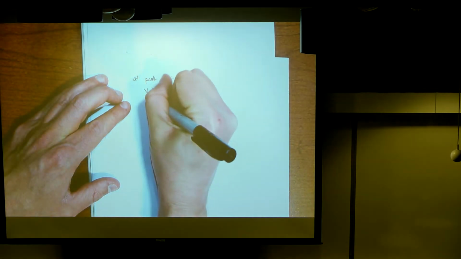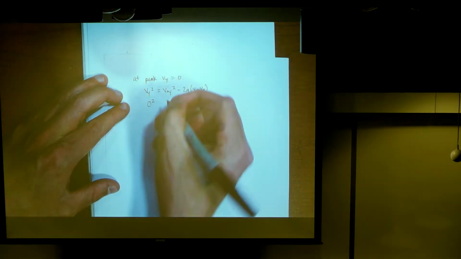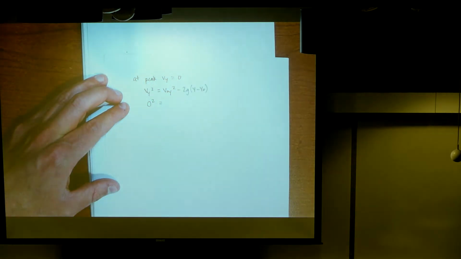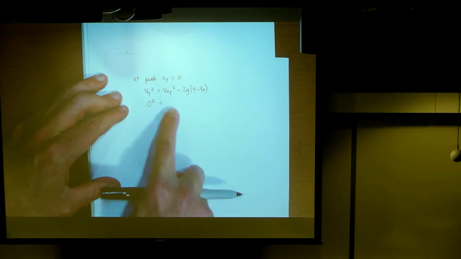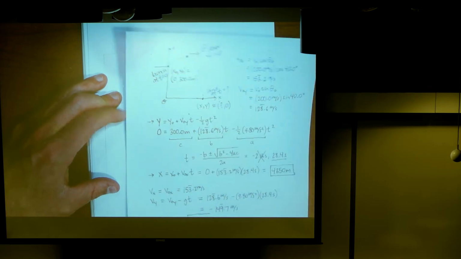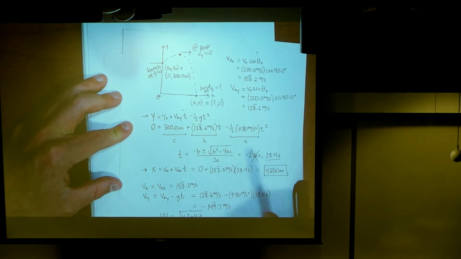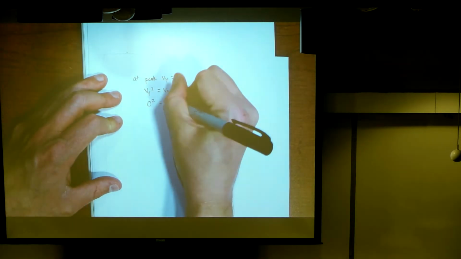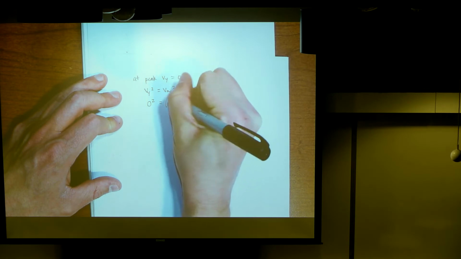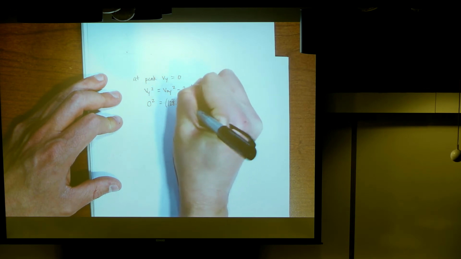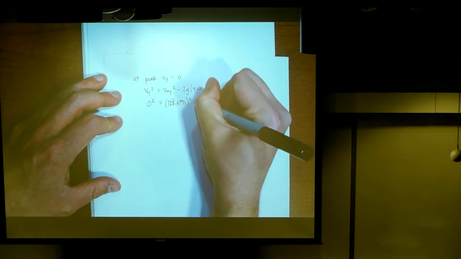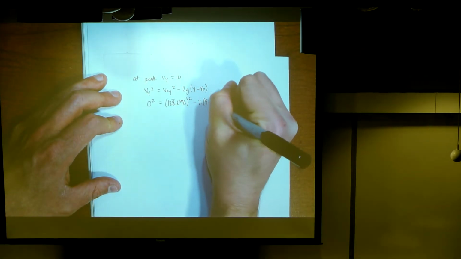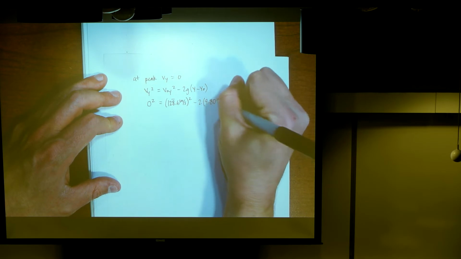So that means I put in 0 right there on the left side. My initial velocity in the y direction, this is at the moment when we launch the thing, is what we found earlier, 128.6. We worked that out before, right? Okay, but I square that in this equation, and then I have minus 2 times 9.8 meters per second squared,